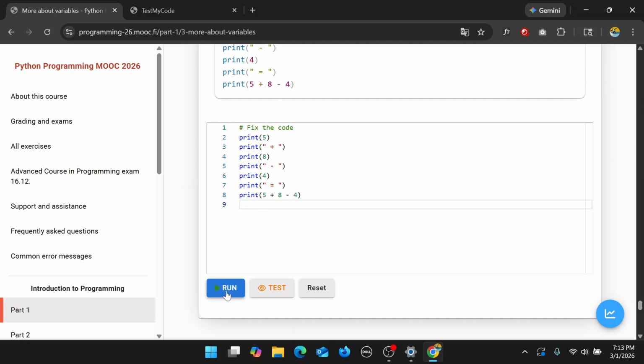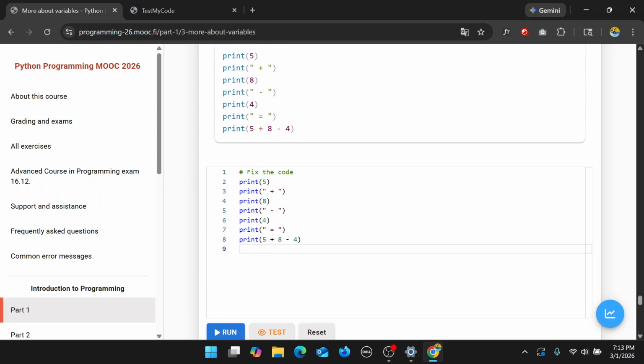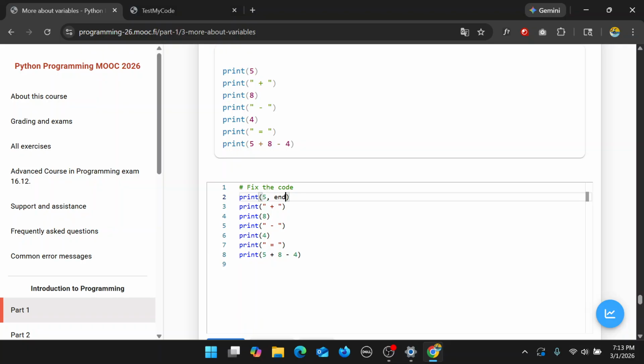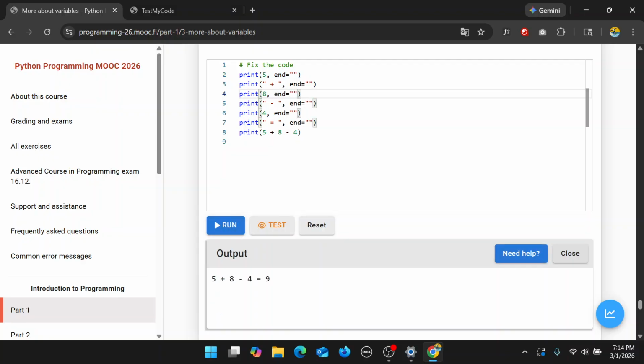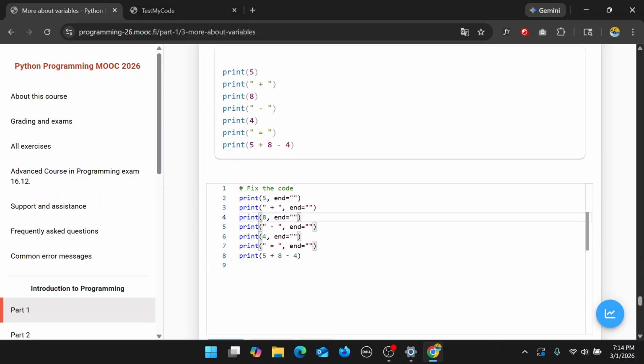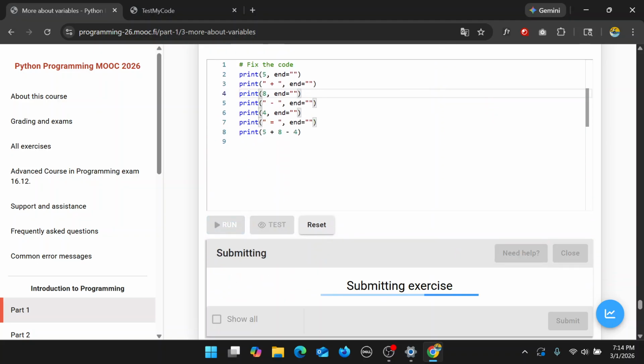Okay, so let's run this and see what it does. So here it just does 5 plus 8 minus 4 equals 9. So if we do end equals, what happens? Now it moves the plus up. Same thing, if we do comma, end equals an empty string, it moves the 8 up. So we just have to do that for every one of them, except the last one, I think. Run, now we have 5 plus 8 minus 4 is equal to 9. And I think that should be the answer. So if we test,